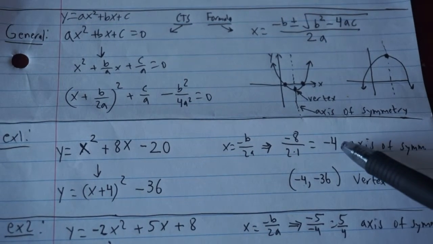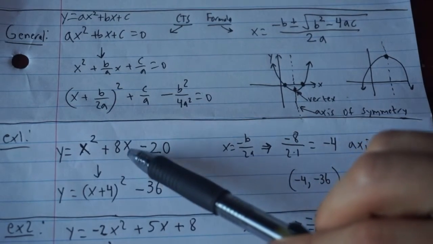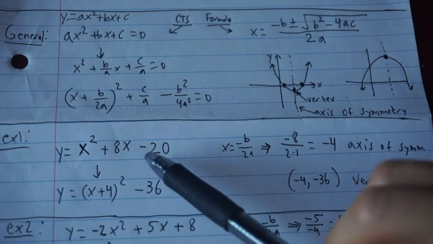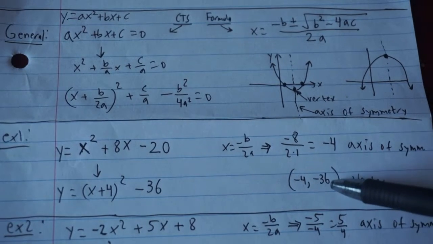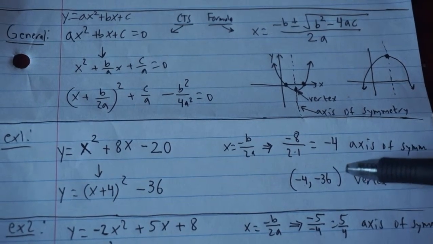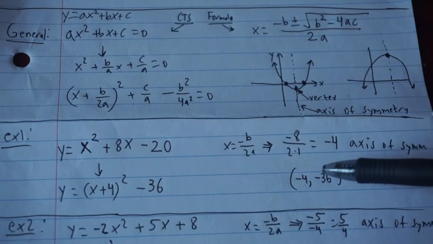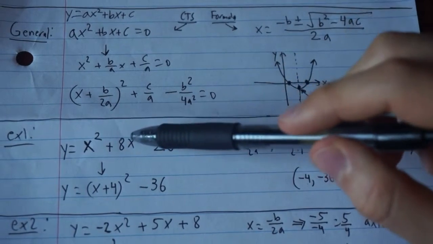Now, you could plug the negative 4 back in here. That would be 16 minus 32 minus 20, and you should get negative 36 for your y value. So this would be the actual vertex. Not bad, pretty easy. However, if you went the completing the square route, you can say, let's just have the